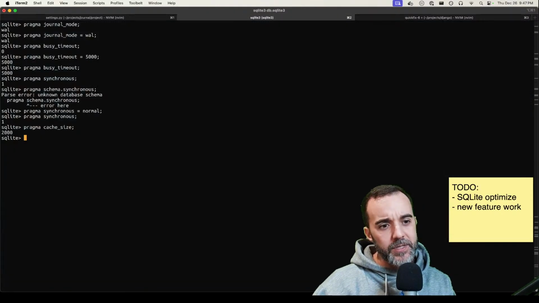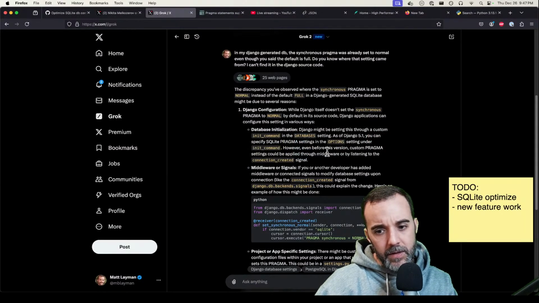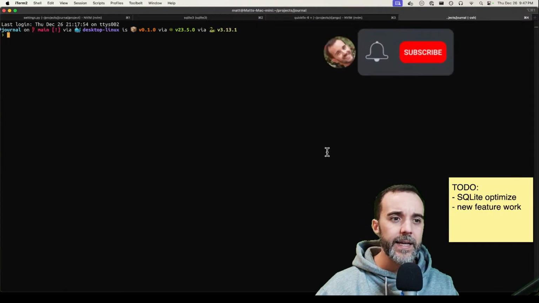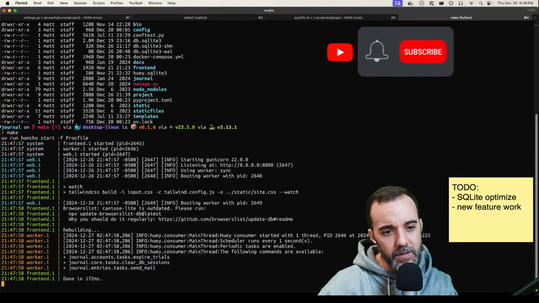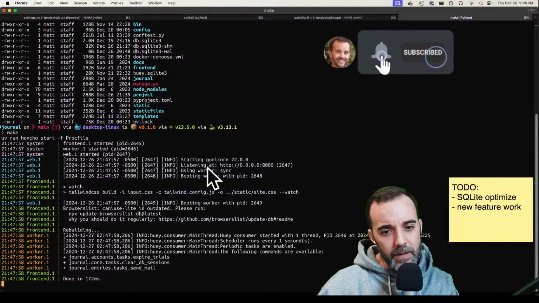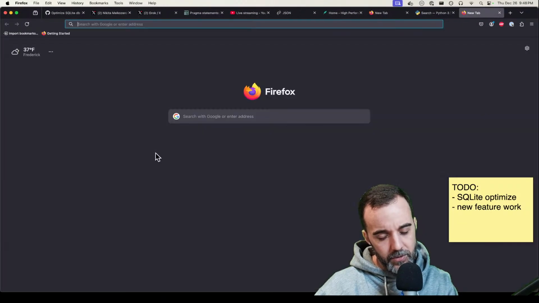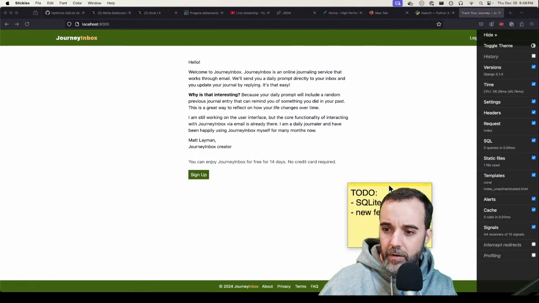I'm gonna go conservative here though and set the values that I want. So we've got synchronous normal. And actually, know what we should do? Let's do one more tab open over here, and let's make sure that this thing actually starts up with this init command. Okay, it seemed to. I wonder if the debug toolbar will give us pragmas. So let's look at localhost 8000. Open up over here. Let's check out